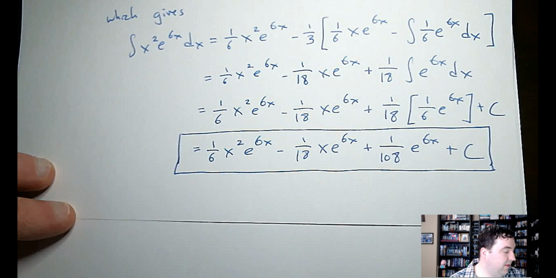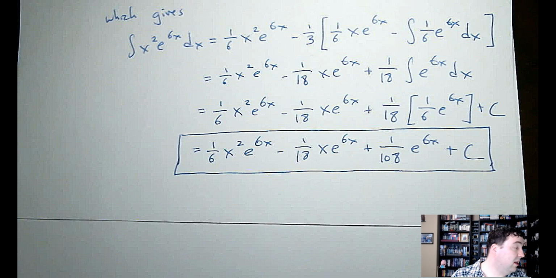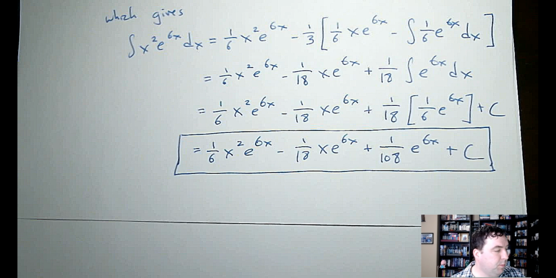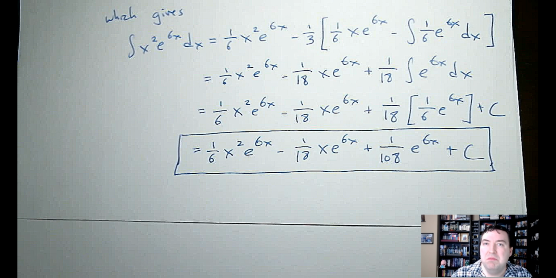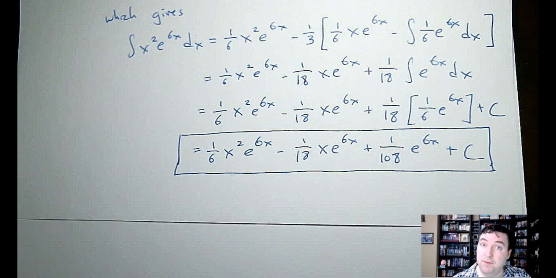And you can imagine that if this had been an integral of x cubed e to the 6x, for instance, then that would have taken 3 uses of integration by parts. If it had been x to the 4th e to the 6x, we would have needed it 4 times, and so on. But what this does now raise the specter of is, how are you going to know when using integration by parts several times will work, versus when it just means that integration by parts isn't the appropriate method and you're just going to go around and around trying parts again and again without any success? And so a good rule of thumb, once you've used integration by parts the first time, is to